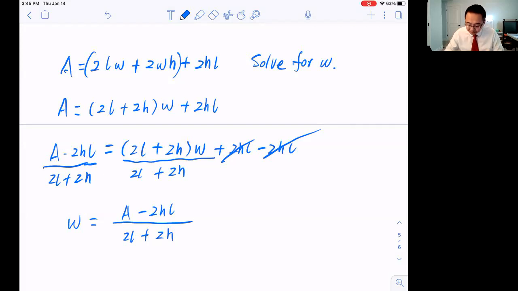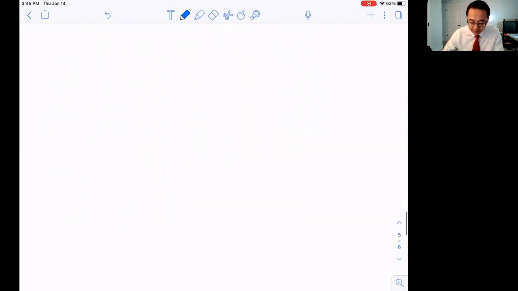If you want to, you can do 2 times L plus H, but that doesn't really matter. I don't think that simplifies any further. Another thing you can use this particular type of equation for is to actually solve